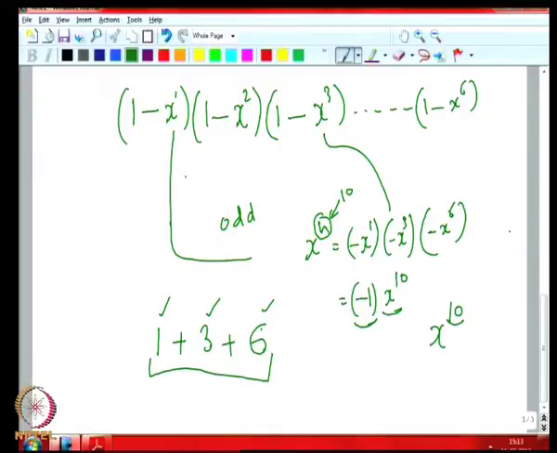That means they will cancel off, these minus 1 and plus 1s. So sometimes we get a minus x raised to 10, sometimes we get a plus x raised to 10, another time we get a minus x raised to 10, then a plus x raised to 10. But the number of times we get minus x raised to 10 is equal to the number of times we get plus x raised to 10, because the number of ways we can partition,